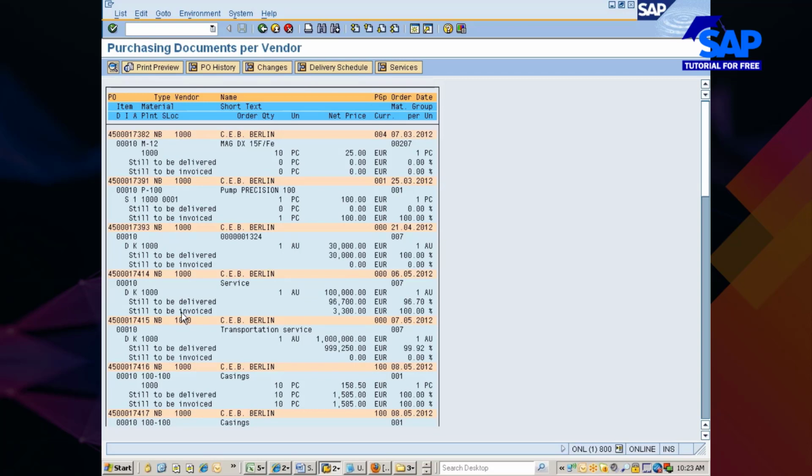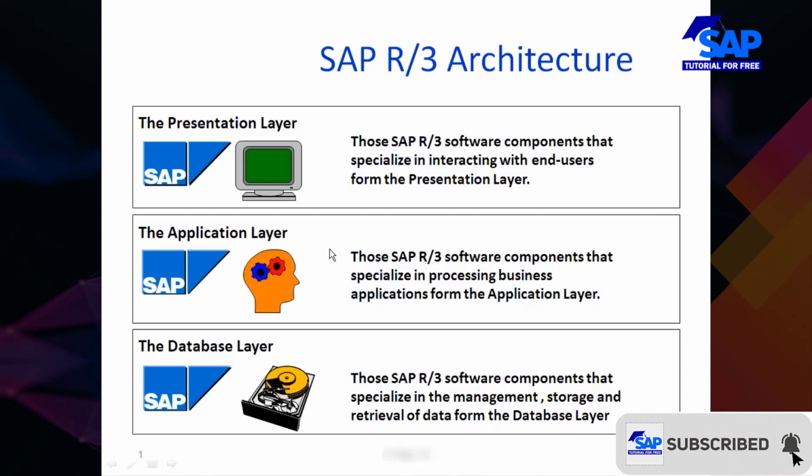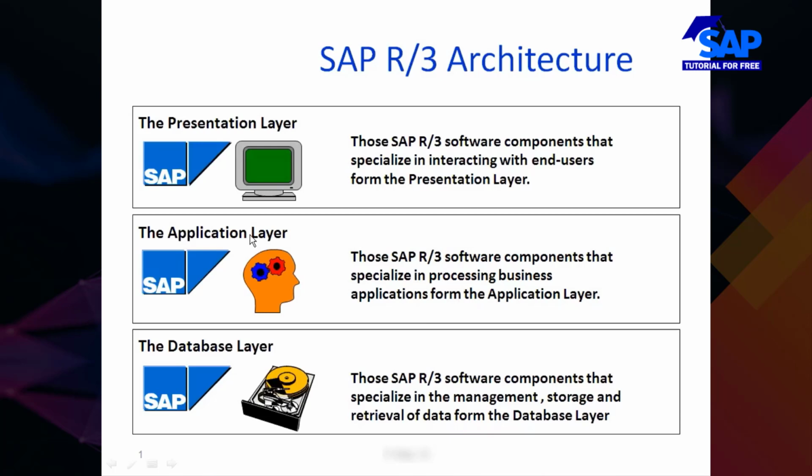I have given just 5 months of data, so it came up in a fraction of a second. If it is 5 years of data, it may take a little longer. If it is 15 years of data, it might take some more time. So the inference here is that application servers are highly specialized in processing business applications. What do they require? Because they have to process a huge amount of data, obviously they require better RAM, right?